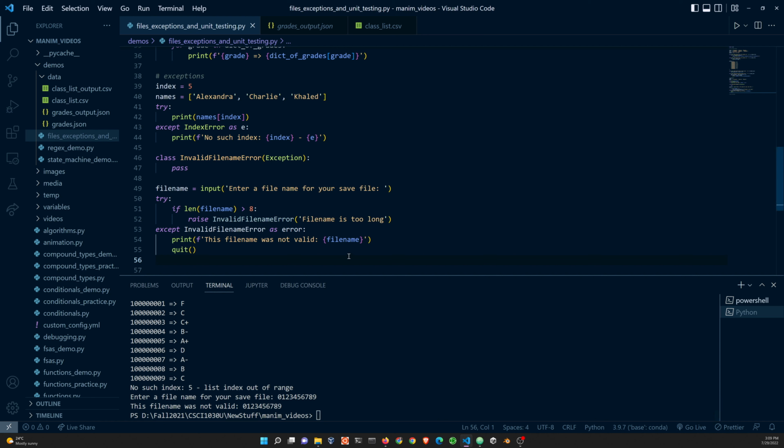Anyway, so there's an example of how you can use exceptions in your program. These exceptions don't necessarily have to be really technical exceptions. Say you're writing an application to manage your banking on a website, and you want to tell the user, hey, you can't transfer that amount of money because you don't have that much in your account. You could have an insufficient funds error or something like that that you raise,